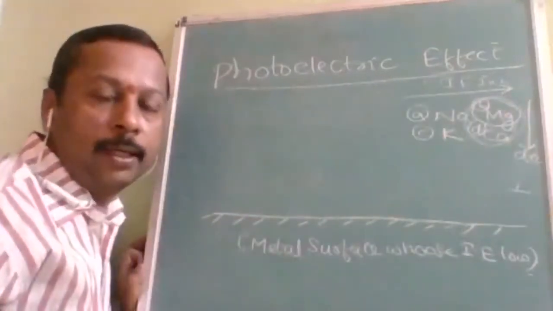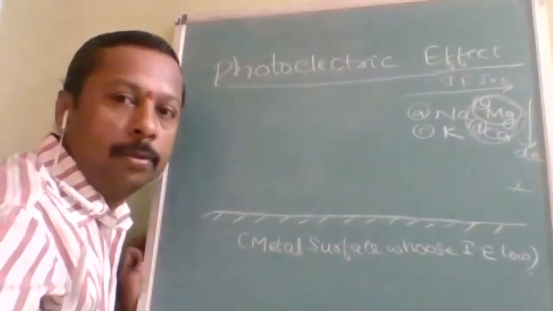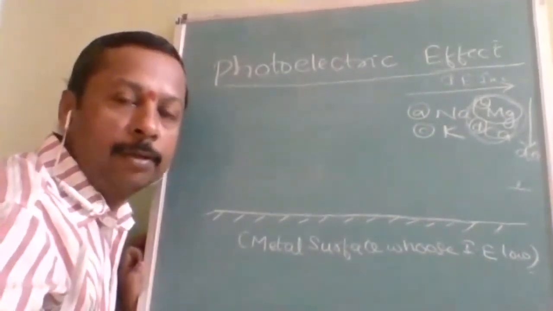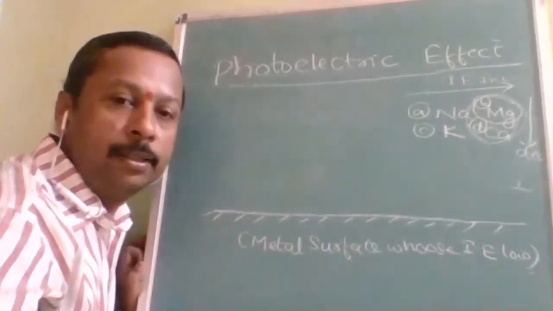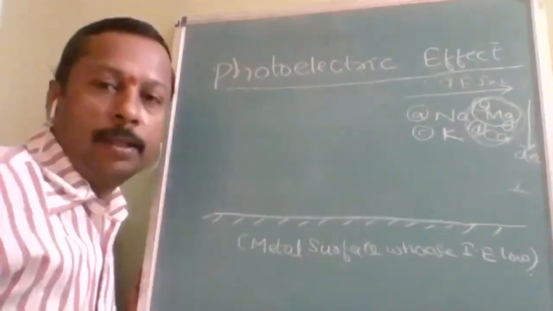How to understand? Is there any doubt about this? Okay, good. So magnesium is the element which is least preferred because of its highest ionization energy among these. So the answer is B, or magnesium.